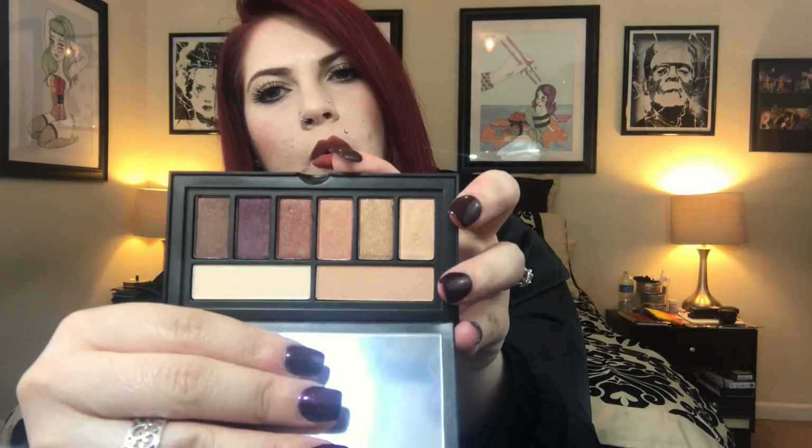And lastly, Smashbox came out with these, and I love the packaging. So it's their Cover Shot. I think there's like 6 of these maybe. But this one was given to me, so this is the Golden Hour Eye Palette. It's not that they're bad, I just wanted, if they would have put one more transition shade